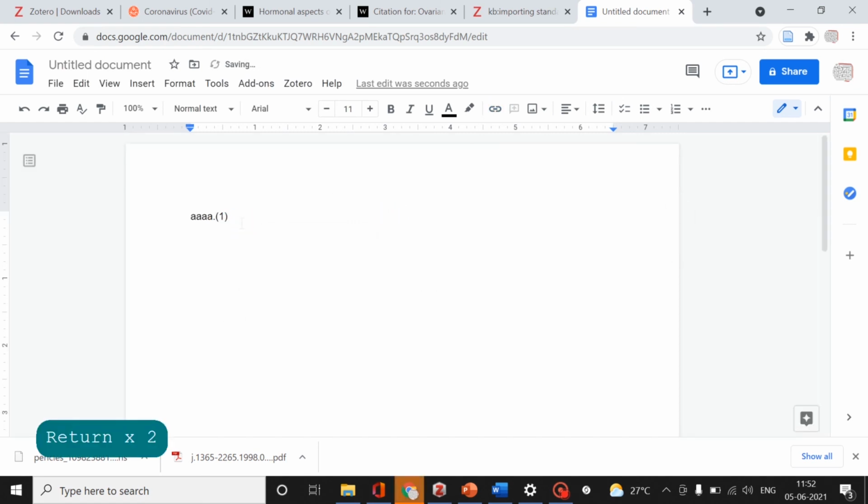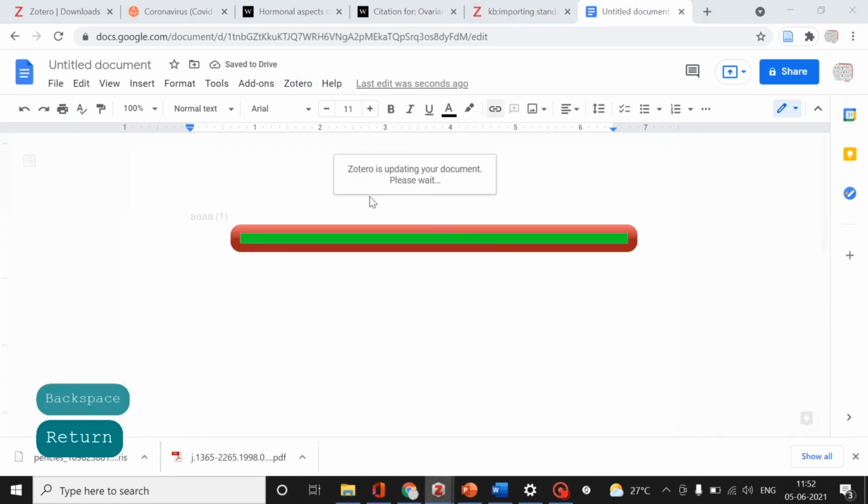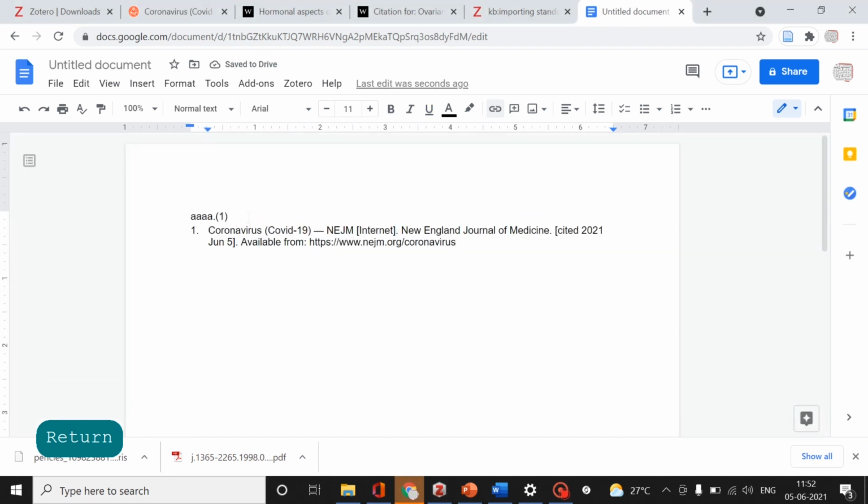Okay, I have entered the citation here. Now go to Zotero, insert bibliography. Because it is cloud based, it takes some time. In the same way as we prepared in Word, we can prepare in Docs also using this Zotero. Currently, Mendeley is not available for Docs, but Zotero is available.